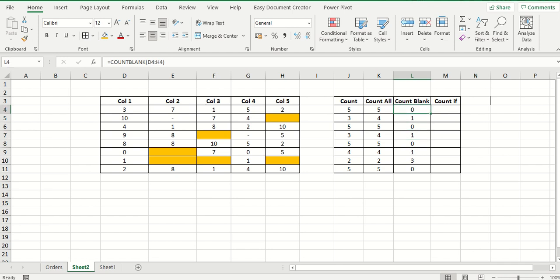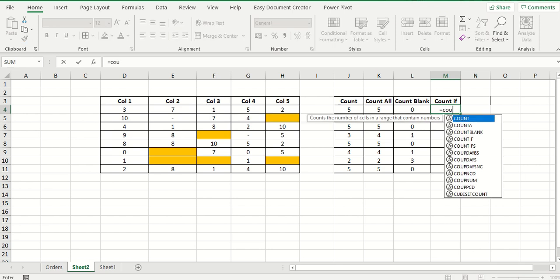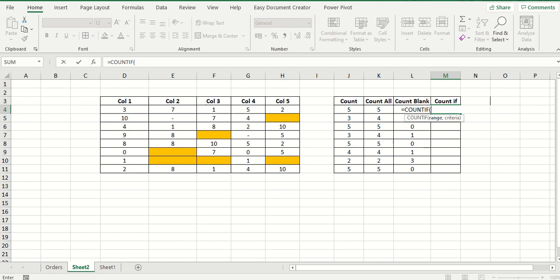Okay, now I'm moving to another function, friends, which is COUNTIF. So here we need to give a range and criteria, friends. So I will go into the formula, okay, to get more clear. Equal to COUNTIF. See here, friends, it is asking for a range. For the range you need to give all the five values, friends.